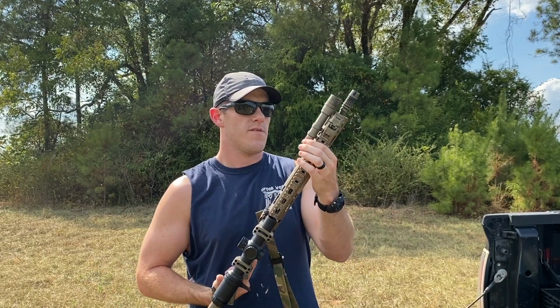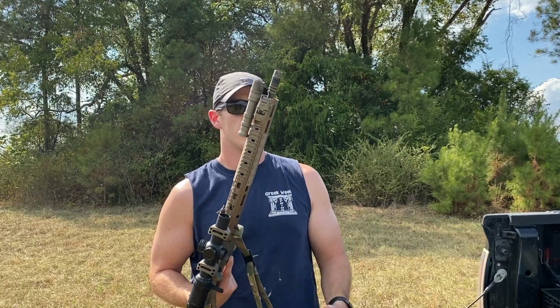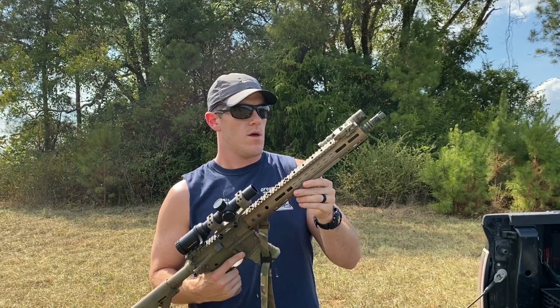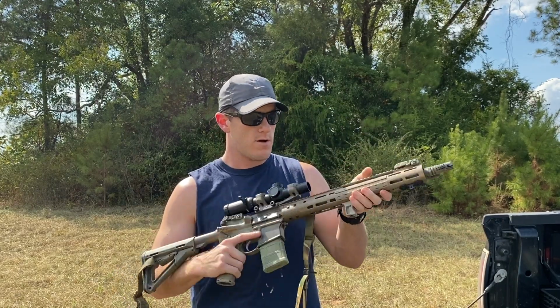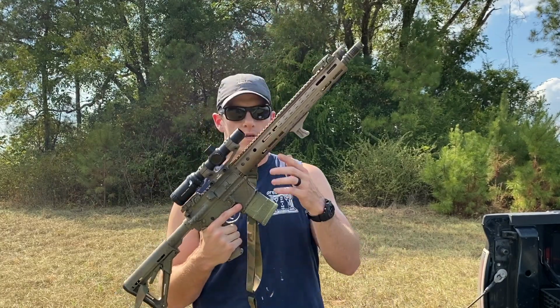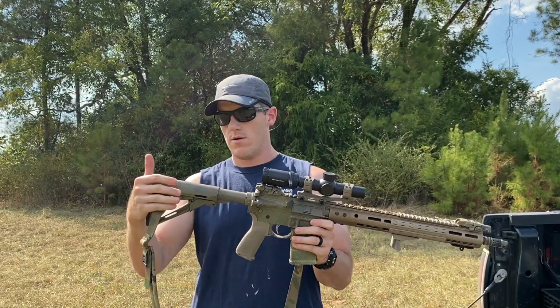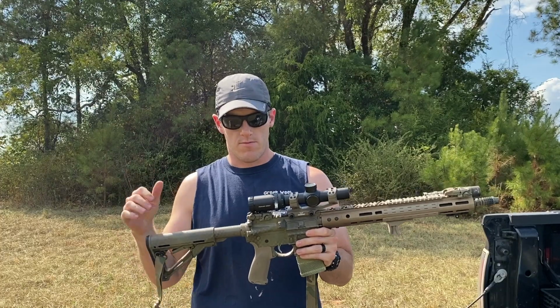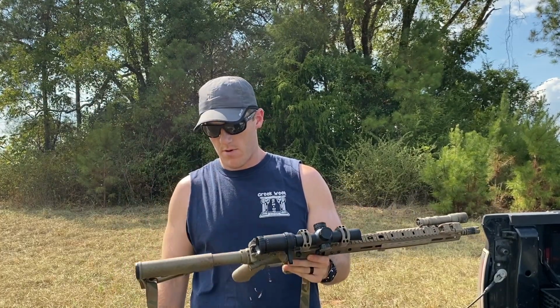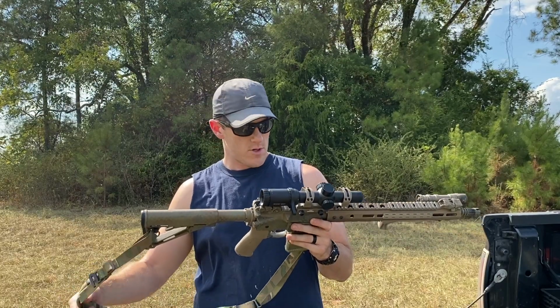Surefire Scout. This is the 1500 dual fuel, 1500 lumen dual fuel, 600 Scout, whatever you want to call it. The rail, it's got an ALG rail, just like that one. Forgot to mention, both of these have ALG rails, which are sister company to Geissele, so they're good to go. BCM gunfighter charging handle, BCM grip, centrifuge training sling,